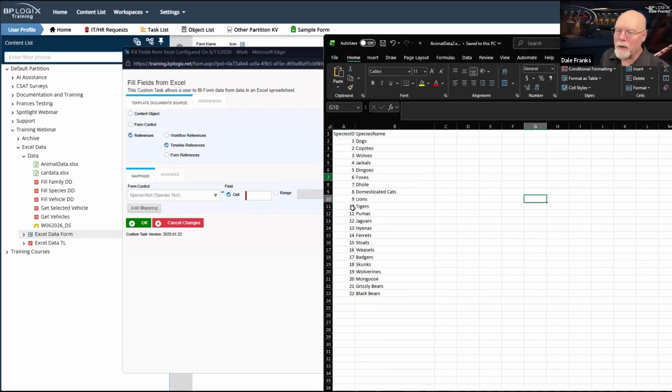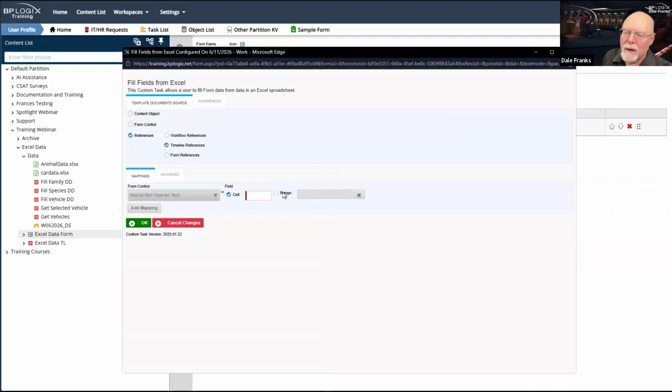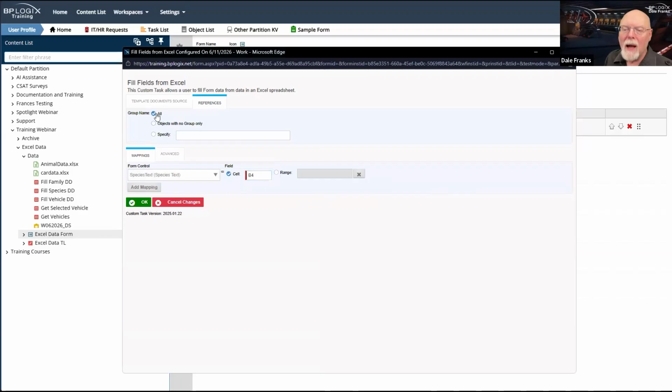So I'm just going to pull the species, and I'm going to want to pull wolves. So that is going to be cell B4 in my spreadsheet. Now, if you know what is going to be in cell B4 in your spreadsheet, good luck to you. But we're going to call this cell B4, and we're going to set species text with that. We are going to use the all group name because I didn't apply a group name to any of this.